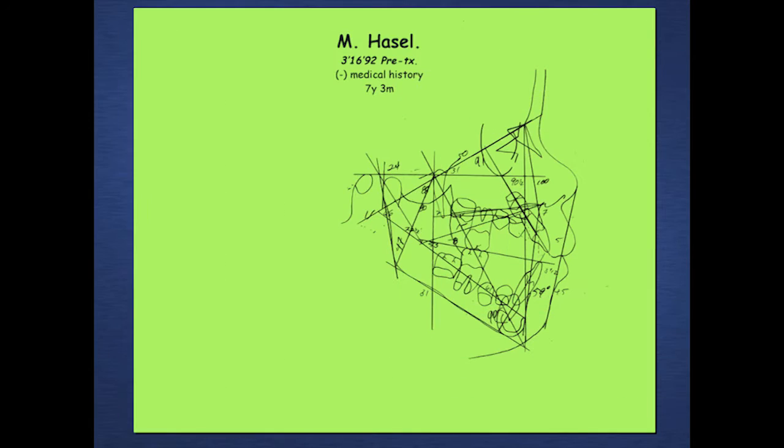Also, significant crowding is present. Her cephalometrics show a dolichofacial pattern, significant class 2 convexity. The maxillomandibular difference that you'll notice right here is plus 7 millimeters. That's a significant discrepancy with her maxilla forward at 100 degrees and her mandible essentially normally related to cranial base at 90 degrees. How would you be thinking about treating this patient? Class 2 skeletal, class 1 dental, convex full facial appearance,